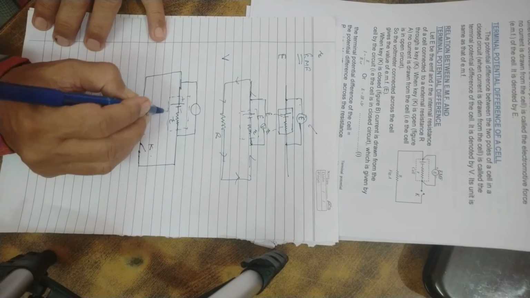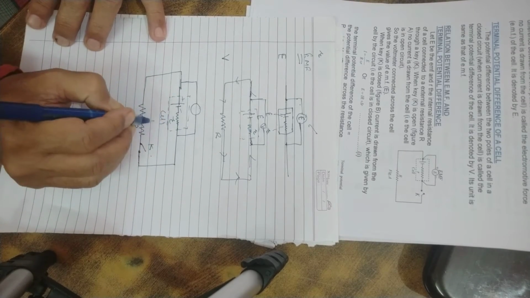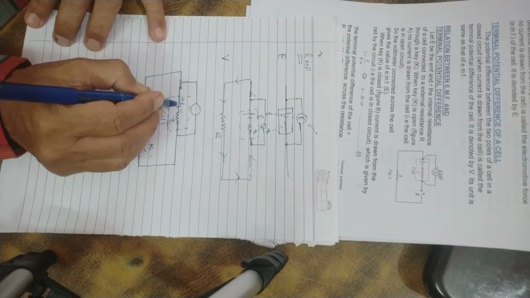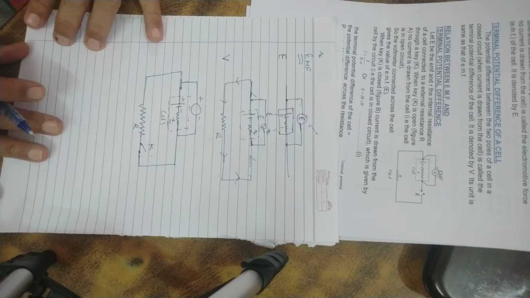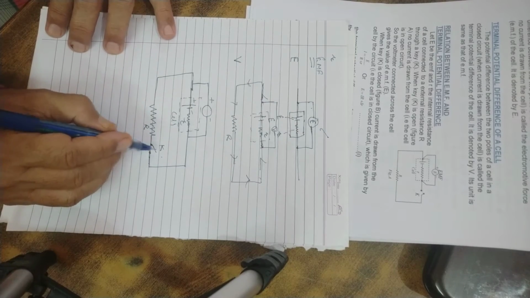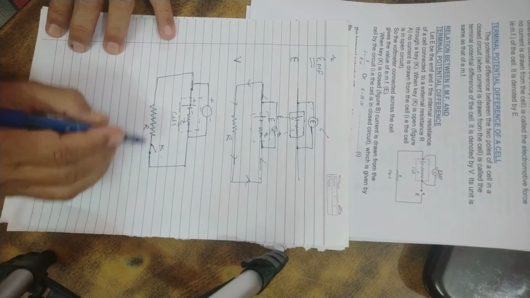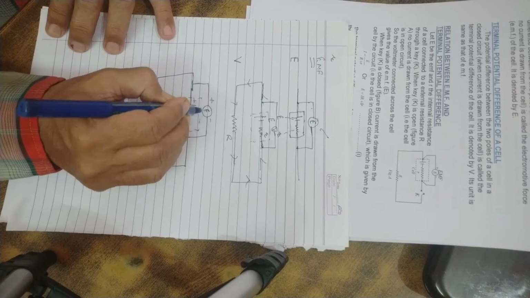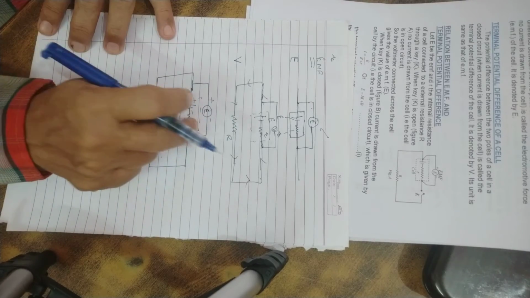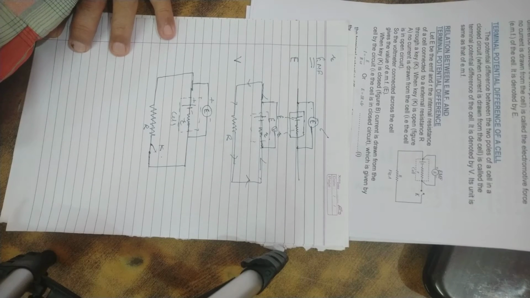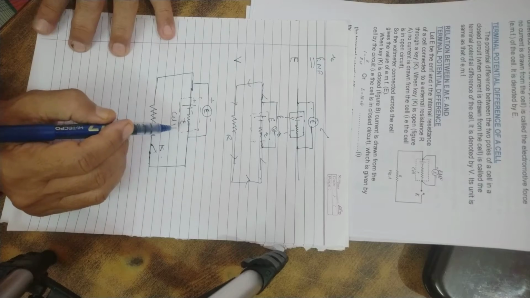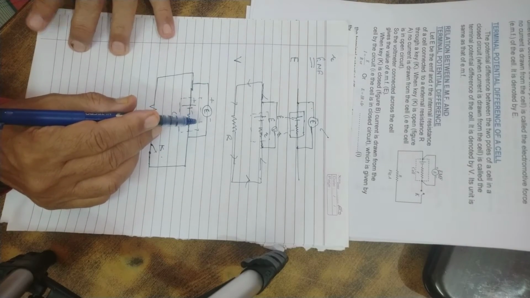So what is this? This within the dotted line represents cell, internal resistance r, and now when the key is open, जब ये key open है तो this voltmeter will show no current is drawn. This will show EMF E of the cell. So the voltmeter connected across the cell gives the value of EMF.